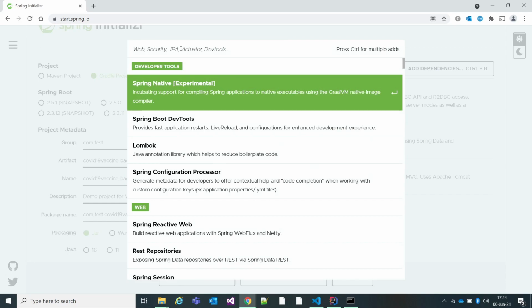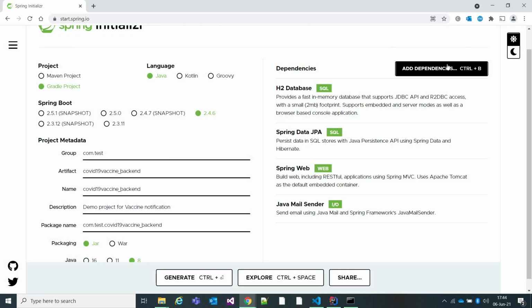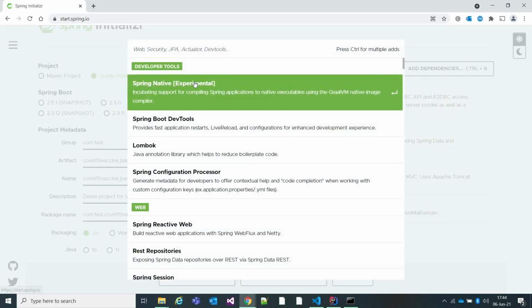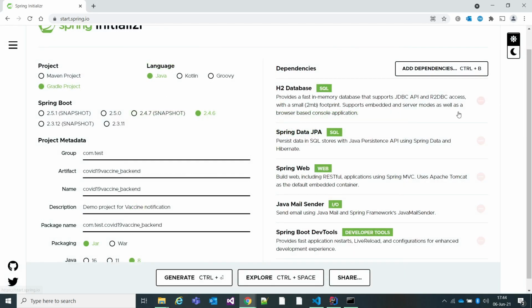I'll be using email services, so add Java Mail Sender. One more thing is Spring DevTools, which will help you while developing. It will do things like auto restart the server upon any change. So just add that and hit the generate button.